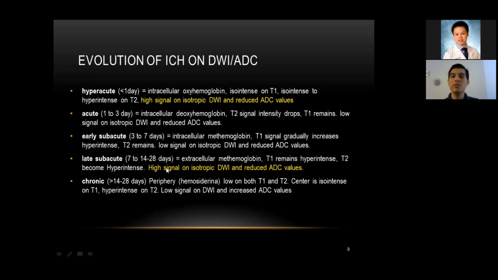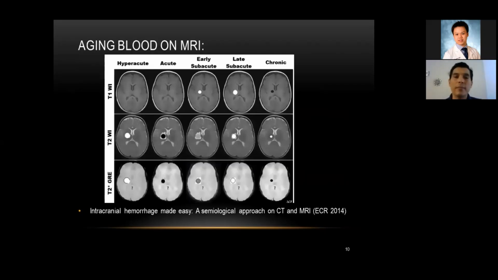But in late subacute, the explanation is complicated, but the blood turns liquefactive, and a phenomenon occurs. So DWI and ADC again is similar, like the signal of stroke. But the evolution of the hematoma is